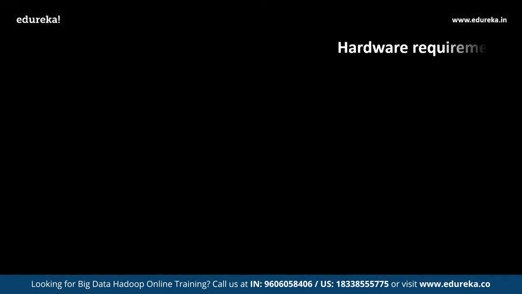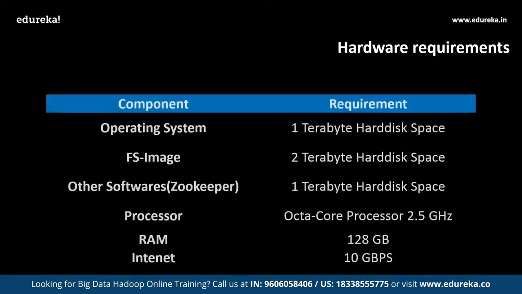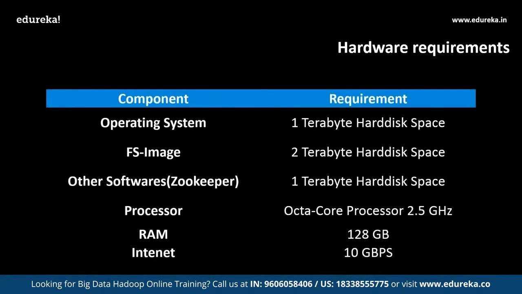Now let us discuss the hardware requirements. The name node, secondary name node, and job tracker are the masters. The name node and secondary name node are the most crucial parts of any Hadoop cluster. They are expected to be highly available. The name node and secondary name node servers are dedicated to storing all the namespace storage and edit log journaling. So the hardware requirements for these nodes are at least 4 to 6 SAS storage disks. These disks will be divided as follows.